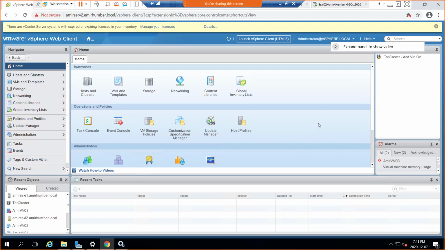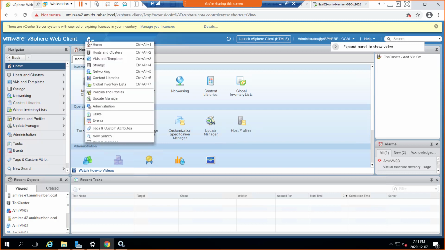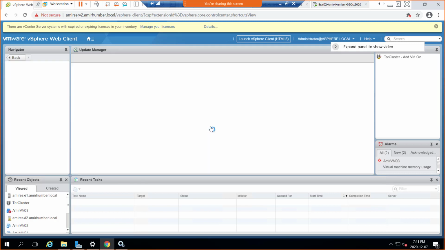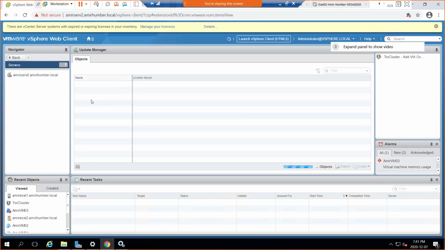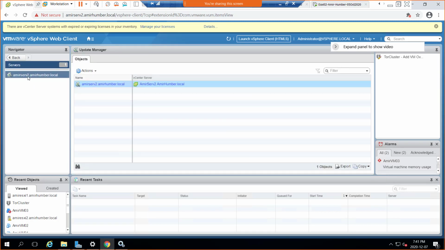Now I'm going to click this Update Manager that is showing from the home button. Once I click that, on the left side you see your vCenter name.